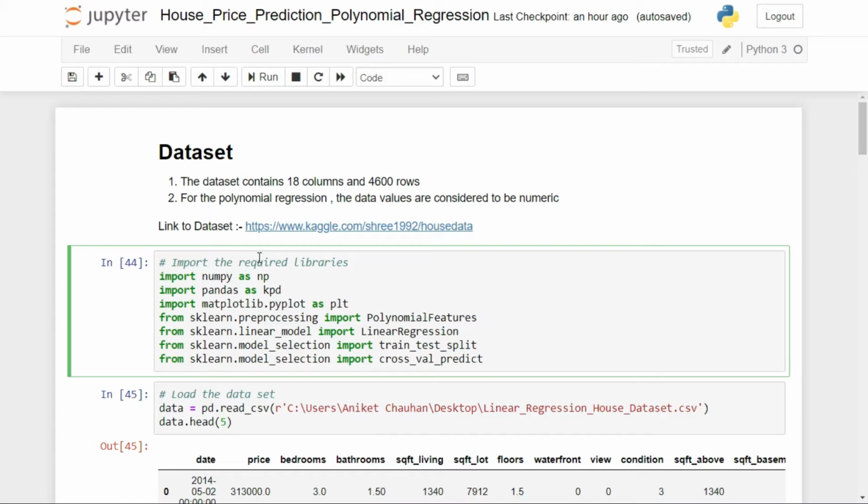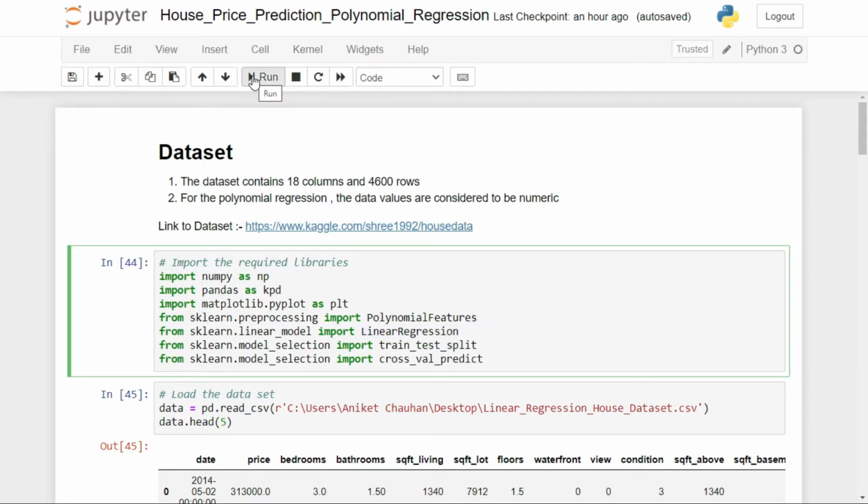So at first we need to import the required libraries. Especially for generating polynomial features, we need to use the PolynomialFeatures class of sklearn preprocessing. And for implementing linear regression, we need to import the LinearRegression class from sklearn linear model. Now we are going to load our dataset.